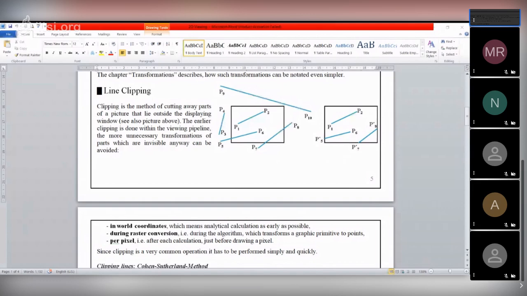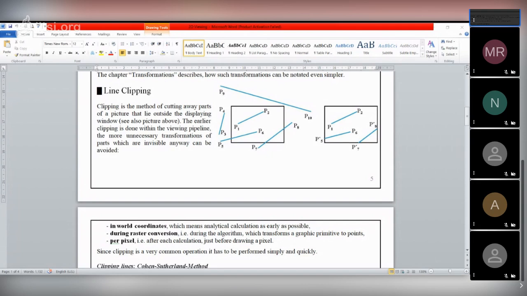The line P9, P10 is beyond our viewport area, beyond our displaying window area. So this line should be discarded, or rejected, because this line is out of our viewing window. If you consider P4, P3, again this line is not inside this window, so we will not consider this line.